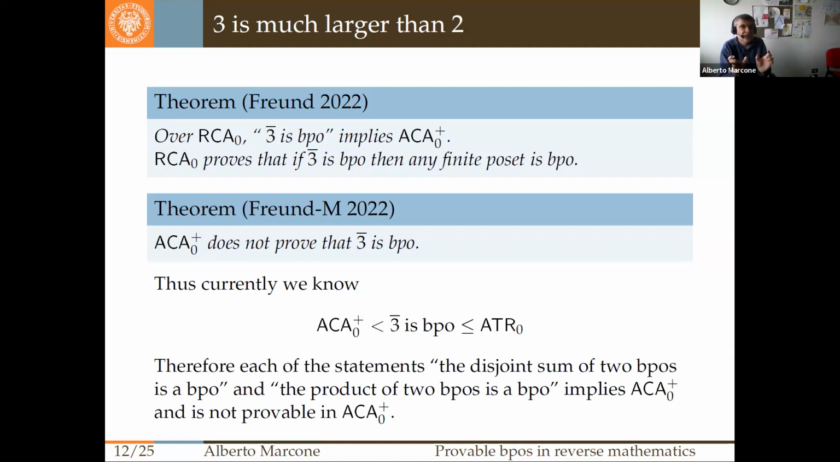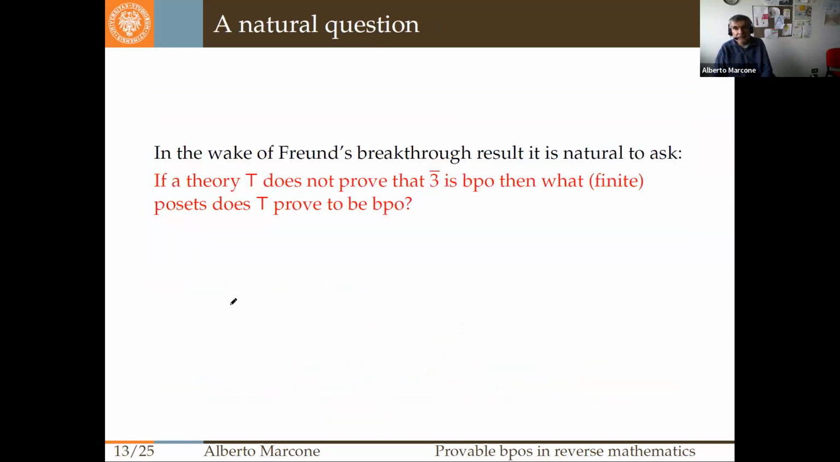You put 2 of these, one on the side of the other, you get 4 or whatever. And so this must imply ACA0 plus, and actually cannot be provable in ACA0 plus. So we have also some strengthening of the strength of those statements. Now, after this